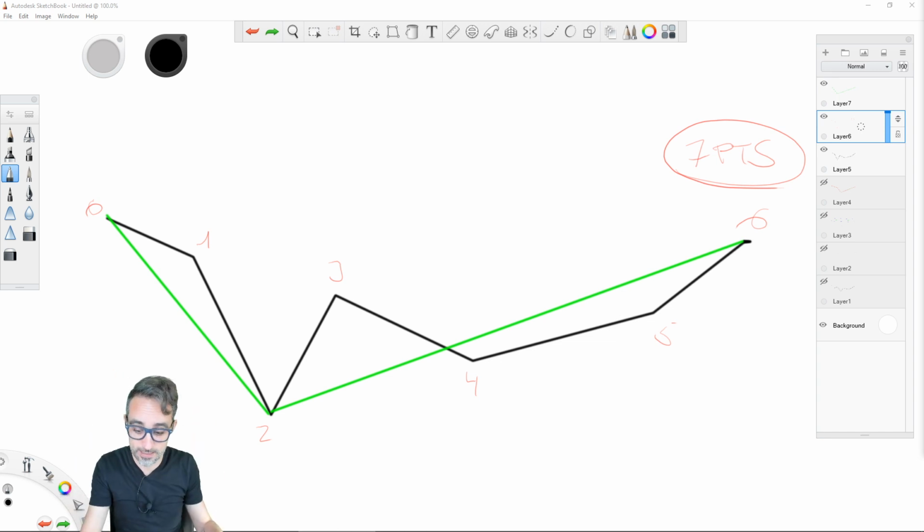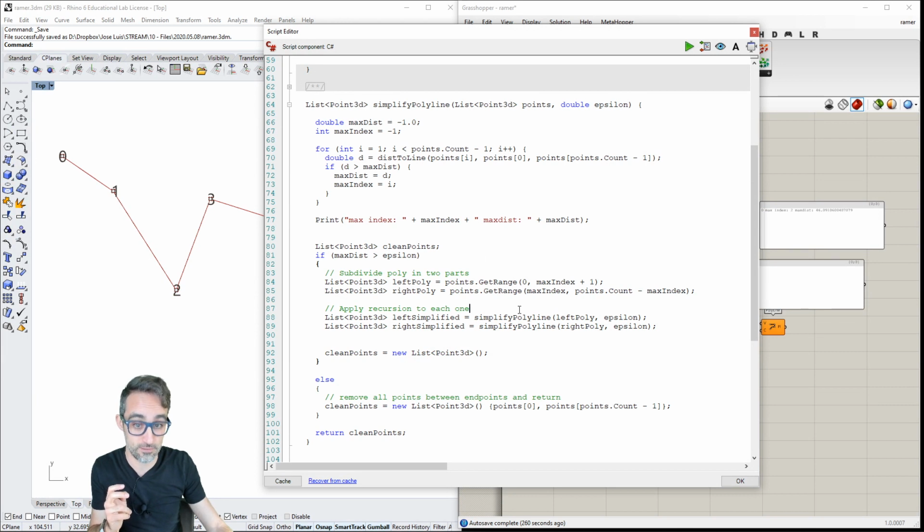So when we call this function simplify polyline on the left end, we're going to start over here again, but we're probably going to end up here because the maximum distance is probably not going to be greater than epsilon. So this is going to immediately return a list of clean points that only contains 0 and 2. And therefore, we're done on this branch of the recursion.